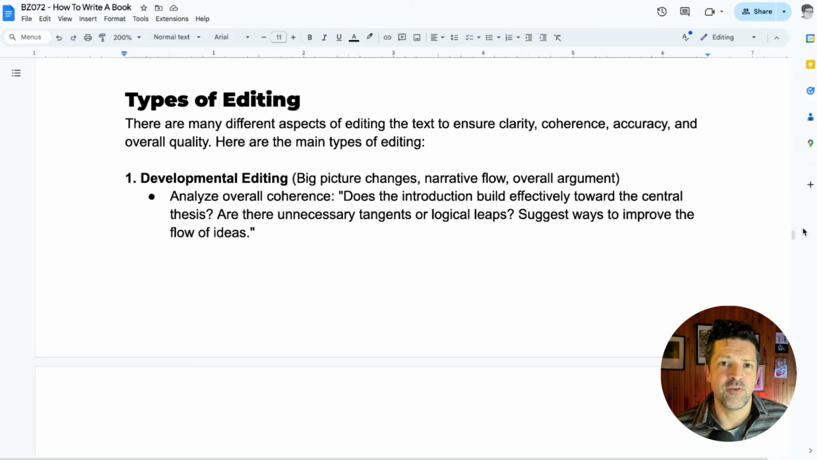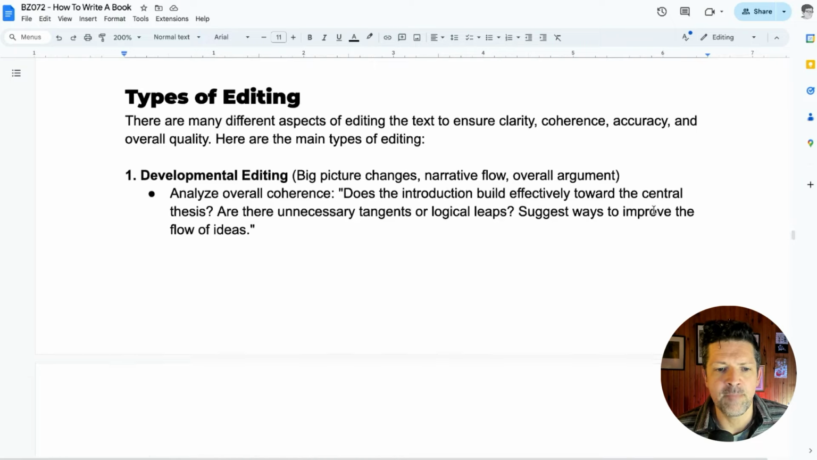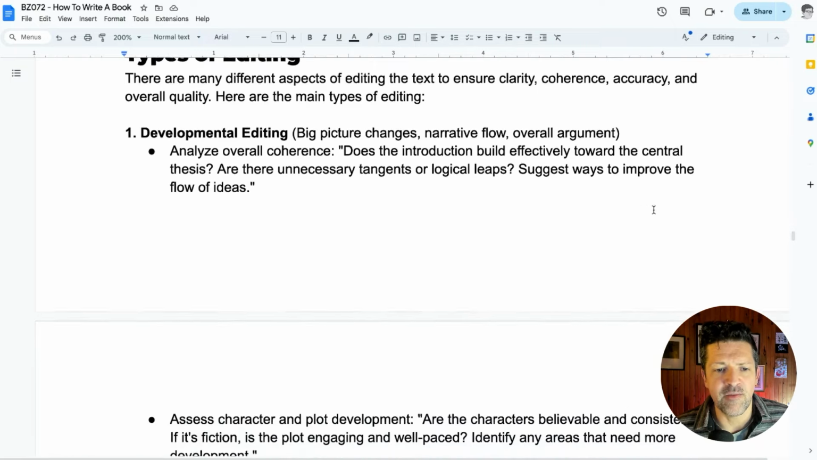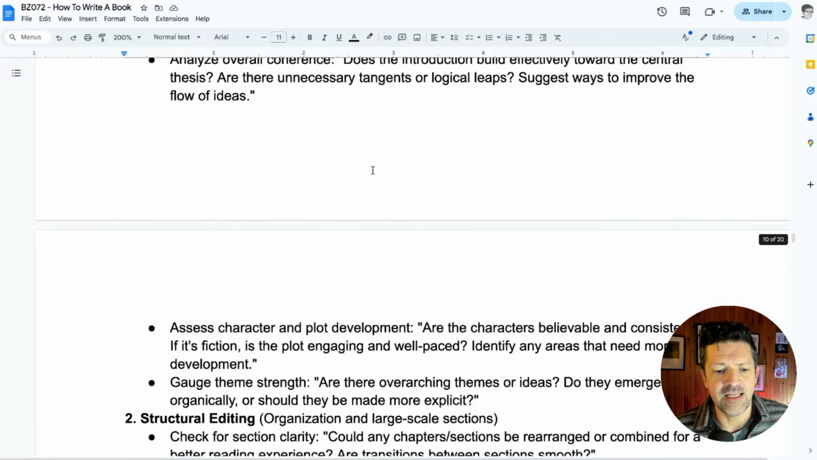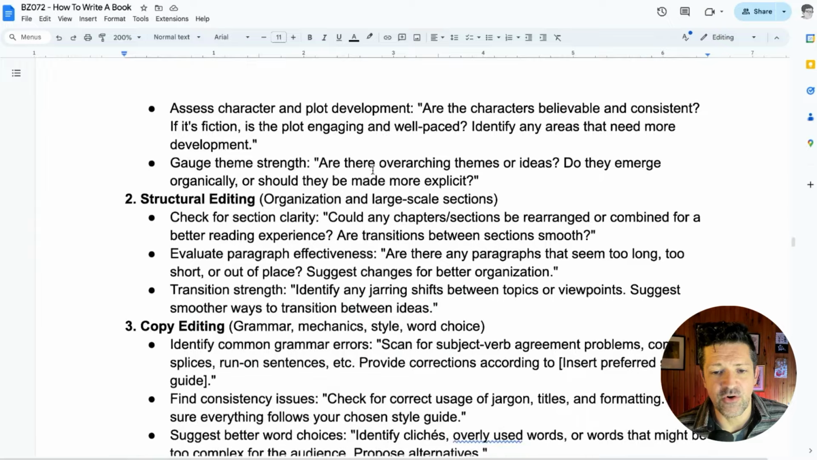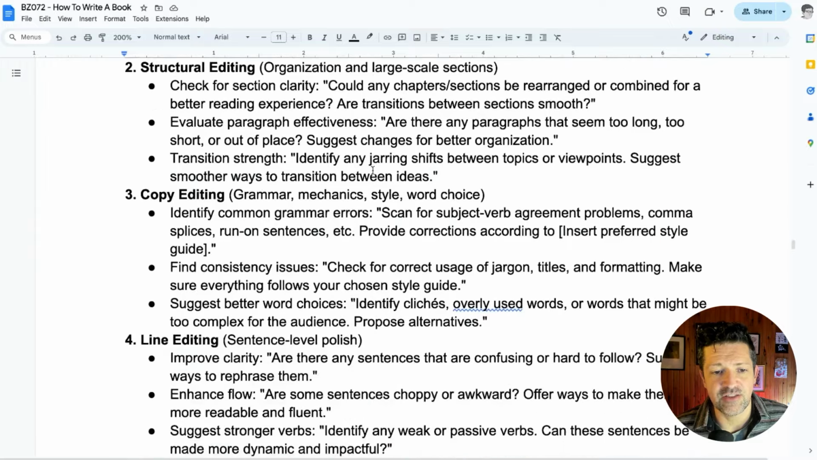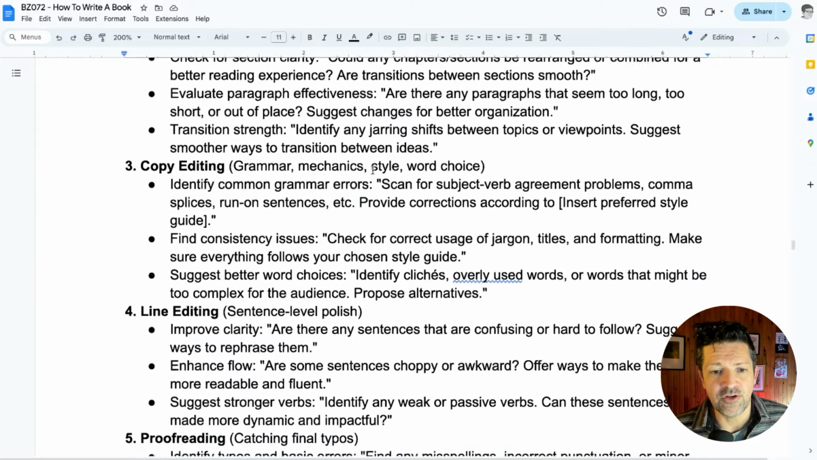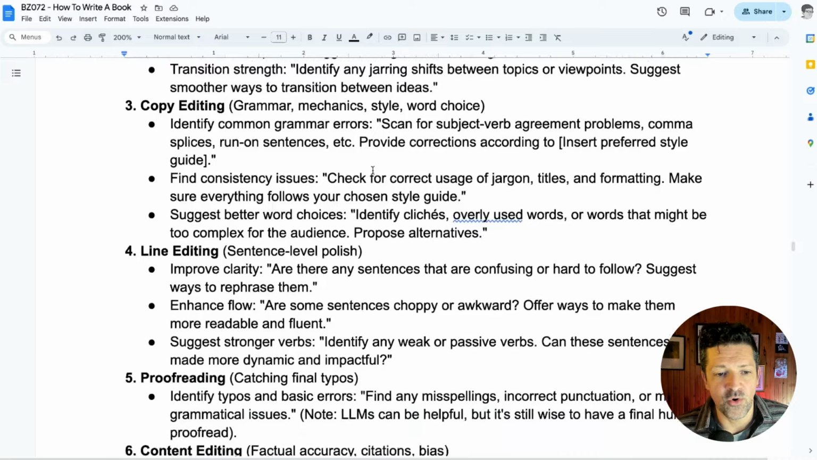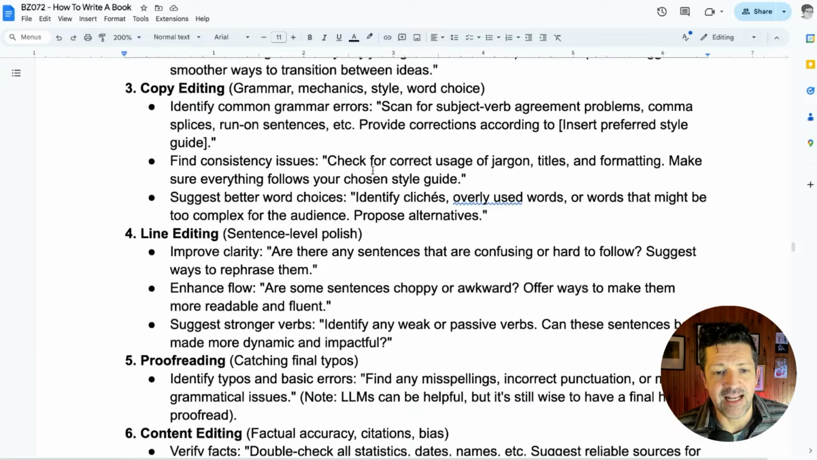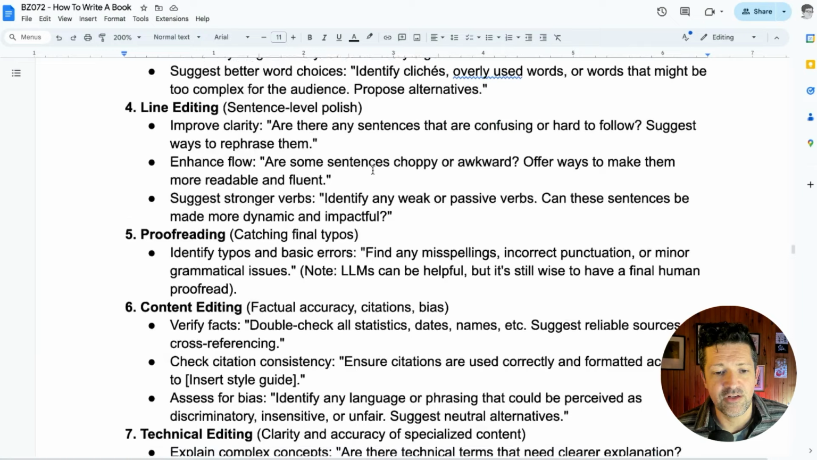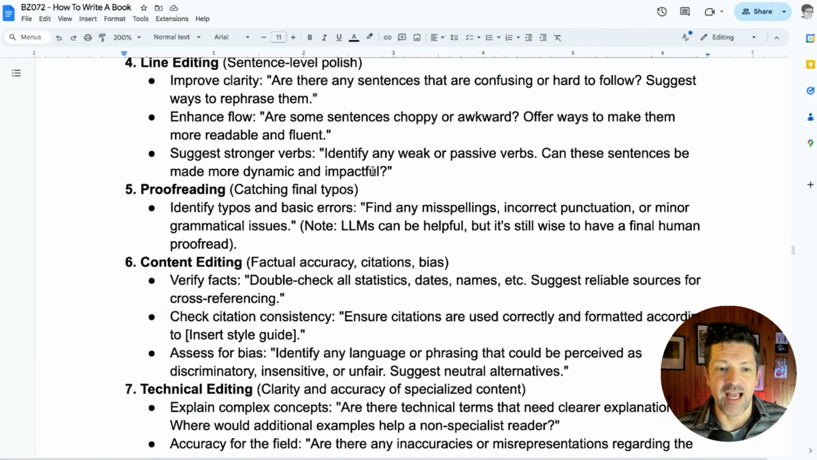Then the AI doesn't know if it means you need to change a couple words or if it needs to rewrite the whole thing, and it kind of does neither one nor the other. So being very precise with it in how you want to edit it and move from these big picture developmental editing prompts down into structural editing, so organization and large scale sections, then moving even more granular into the grammar, mechanics, word choice, and then into the line editing, so the sentence level polish, proofreading, looking for final typos,